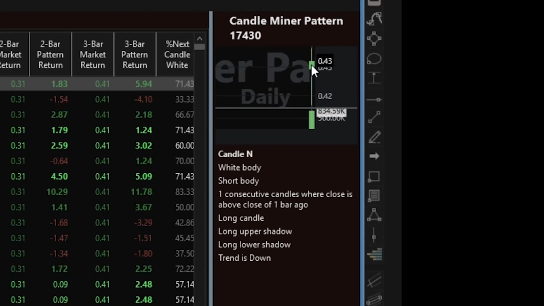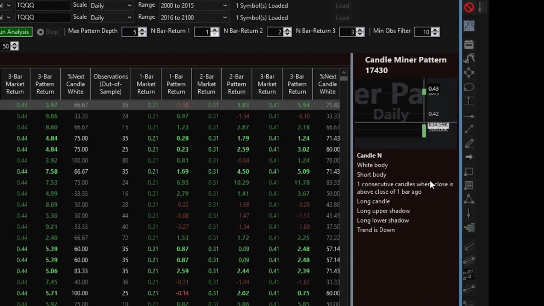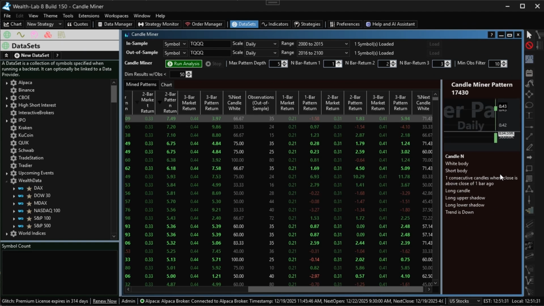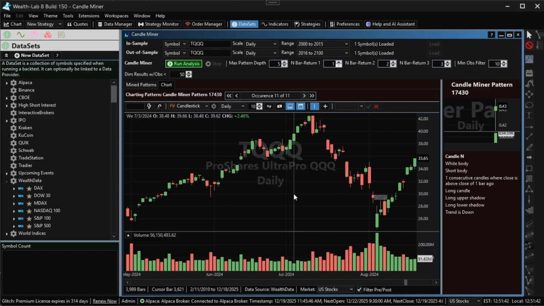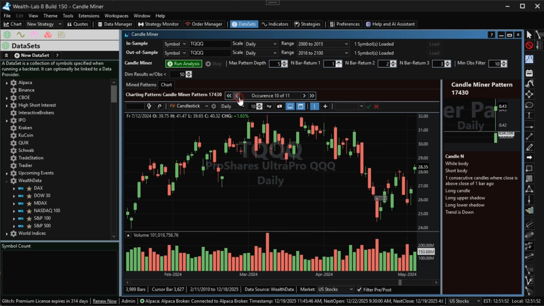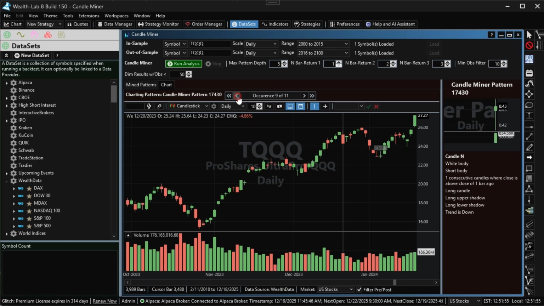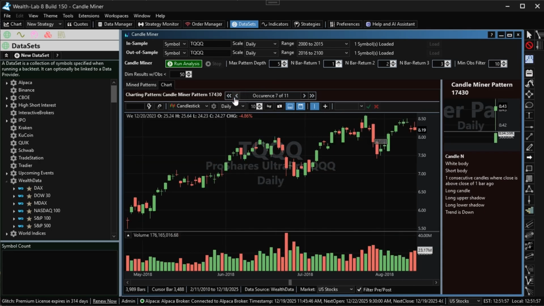This is a 1-bar pattern with a white body, short body, one candle where the close is above the close of 1 bar ago, a long candle, a long upper shadow, a long lower shadow, and a downtrend. So I interpret this 1-bar candle as a bullish stand against the downtrend and a potential reversal. Let's double click and see how it looks on the chart. We can go through the occurrences using this navigator. We could see that this pattern does seem to pinpoint interesting reversal